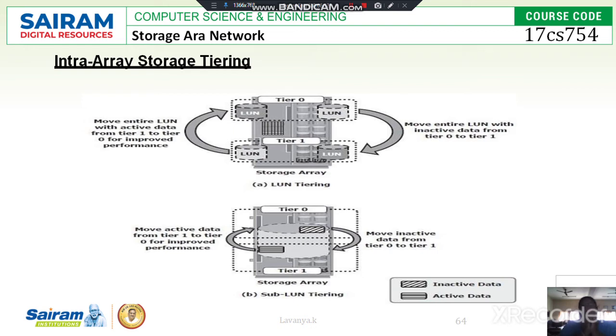Suppose one disk has a value of 100. That 100 value is going to be divided, or fragmented, into sub values. As much as possible we can divide it, and those values are stored in multiple storage tiers or multiple storage devices. After that, every sub storage disk is stored as metadata, or as one of the big storage disks. See, this is the intra-array storage tiering.